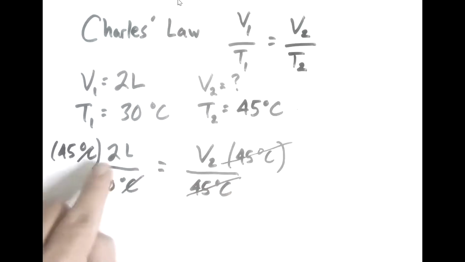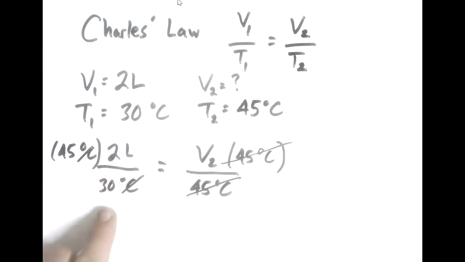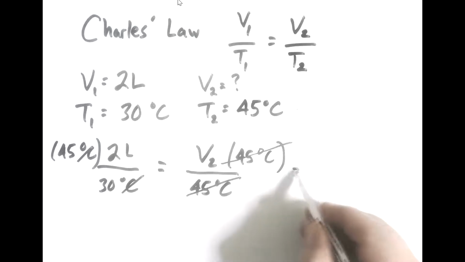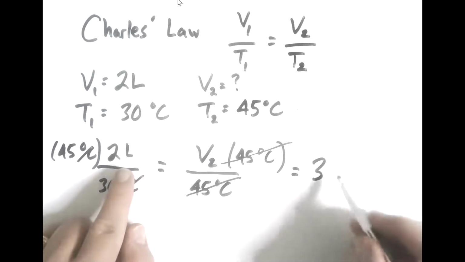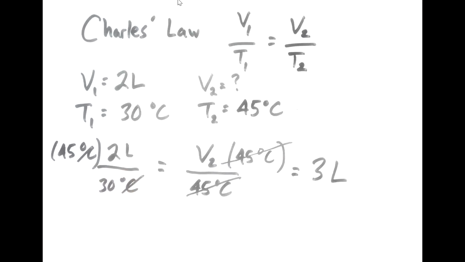I can only get rid of the degrees Celsius. Okay, so 45 times 2 is 90. 90 divided by 30 is 3. And so my answer is 3 for the volume. It's got to be 3 liters because that's the unit that wasn't canceled. Pretty straightforward. However,